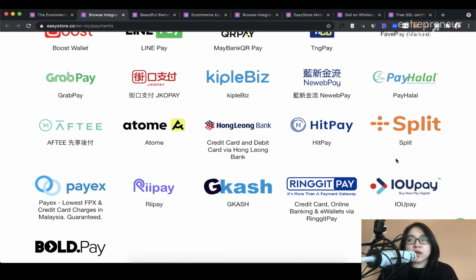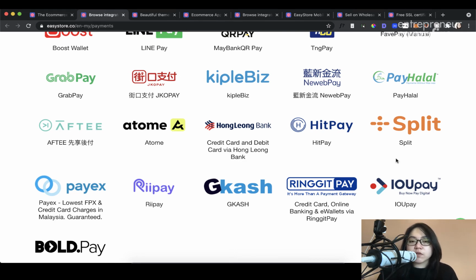So let's say you have a product costing 1,500 and I'm someone who wants to buy it. Maybe I'm a student, I need a new laptop, but what I can pay is only a few hundred a month, and I don't have a credit card. So these Atome and Split can offer them the option of buying through 2 or 3 splits.